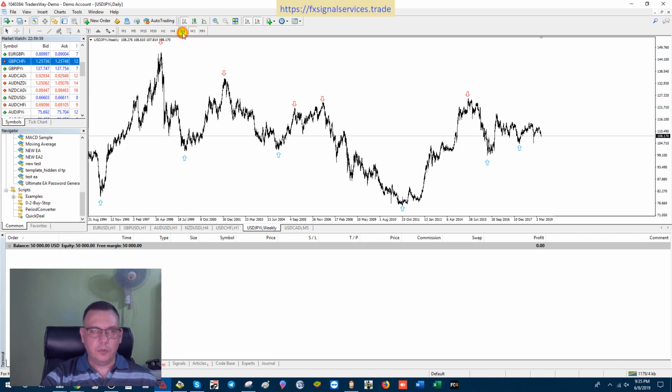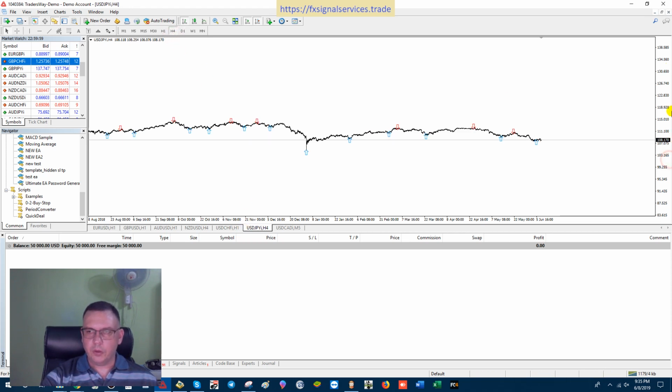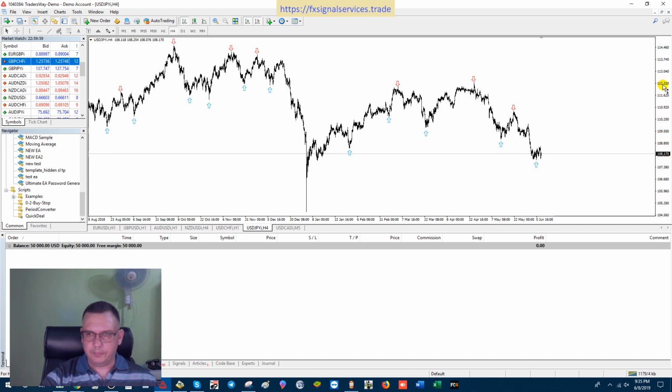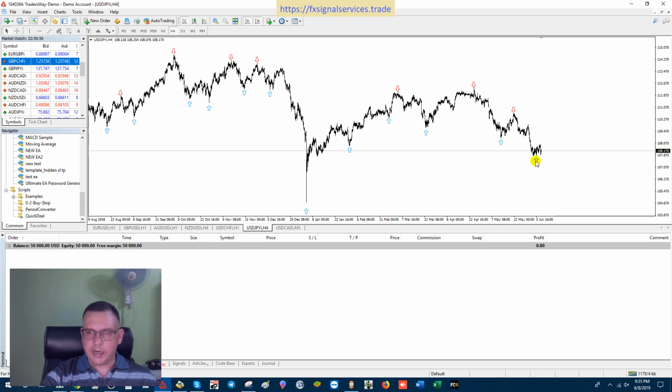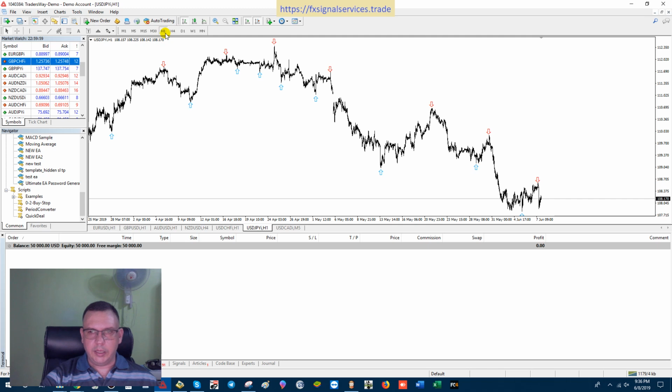All right, US dollar, Japanese yen follows an opposite pattern from USD CHF. Generally speaking, not always, but it follows a kind of opposite trend. So if USD CHF is going down, this one should be going up. And right now it looks like it's wanting to go up according to the daily and hourly,